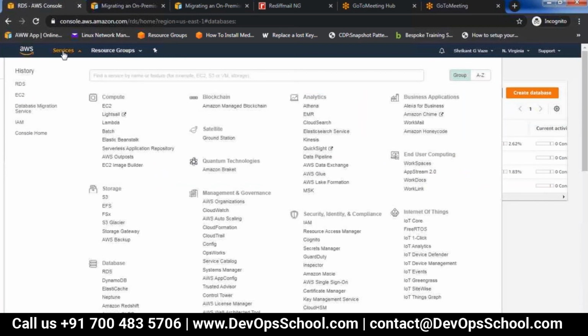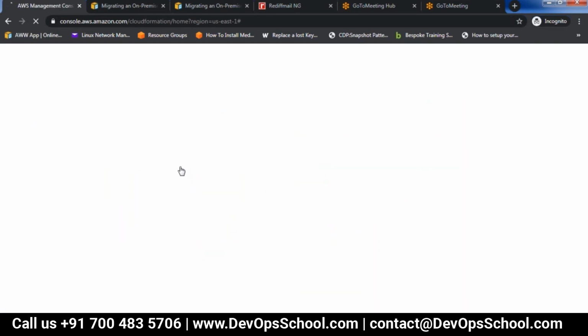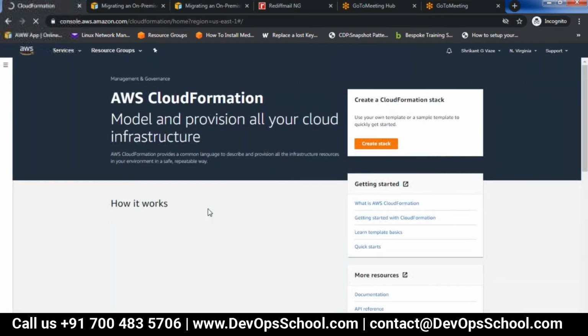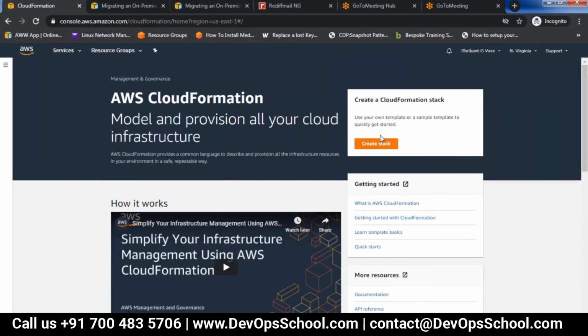Fine. So let me just show you CloudFormation. So here in the management and governance, you have CloudFormation. Let me show this and then you can create a sample stack.